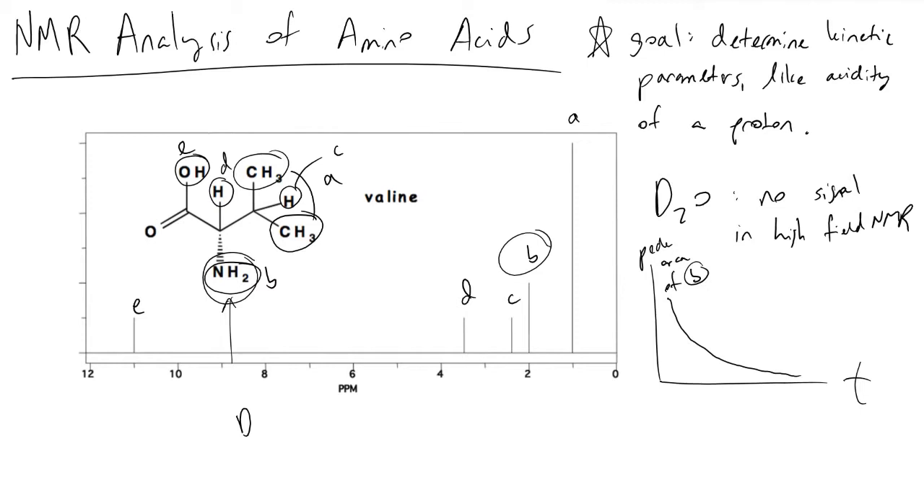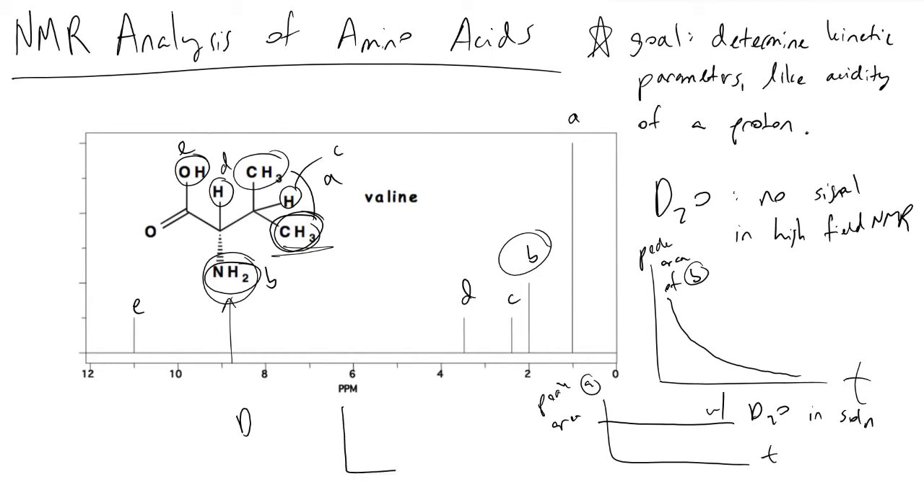And what we would also find is that if we examined peak A, for instance, peak A area versus time with D2O in solution, nothing's going to happen because these methyl groups do not exchange protons readily. And so it is useful information for us to be able to determine when we're interested in this kind of stuff. If we examine how peak E evolves